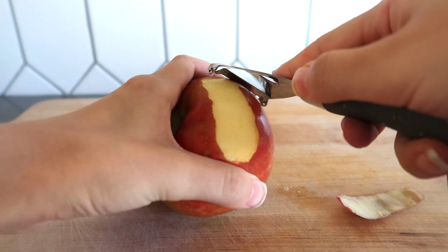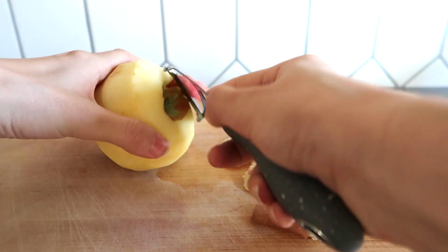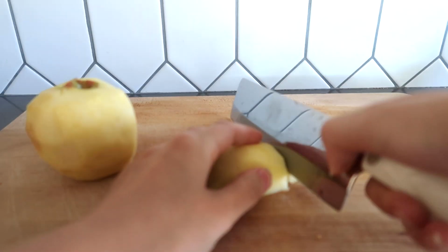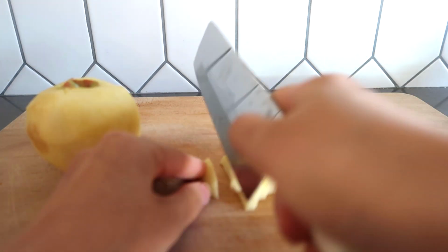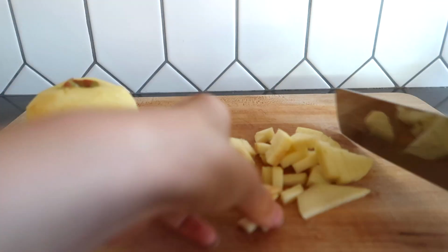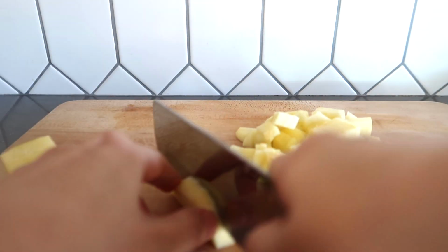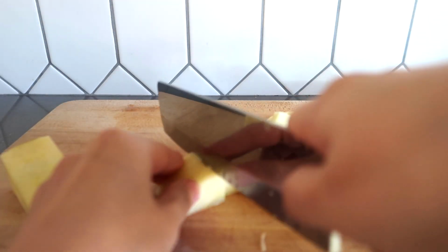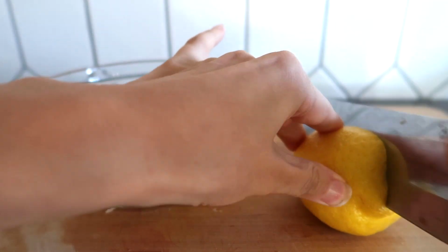Starting with our apple, I am using Macintosh apple. You can use whichever kind of apple you prefer. I just washed this and now we're going to peel it and then chop it into small pieces. Now getting these apples into a large bowl with about a tablespoon of fresh lemon juice, and then we will